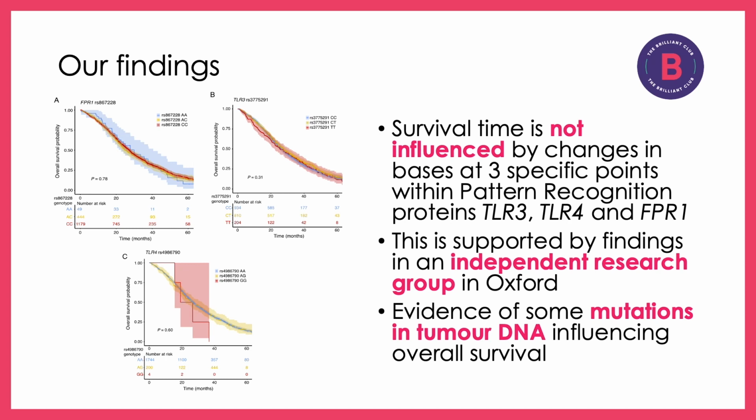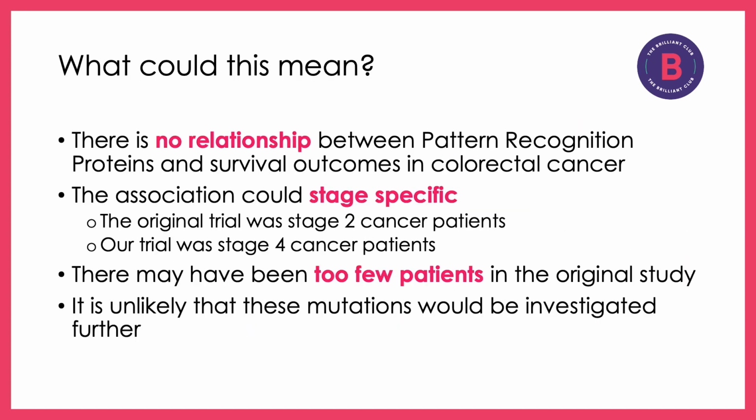We did, however, have some promising positive data. The mutations in the patient's tumour DNA, such as the genes KRAS, NRAS and BRAF, were shown to significantly influence how long patients survive on treatment. Those with KRAS, NRAS and BRAF mutations tended to live less long than those who had the wild-type versions at the same place. From these results, and the results of our colleagues at Oxford, we can pretty confidently say that